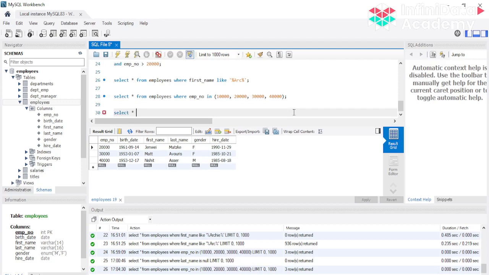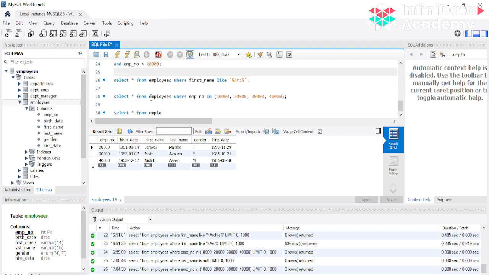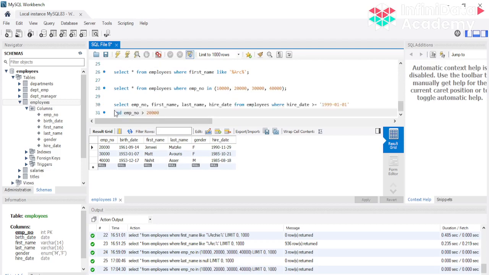So or में क्या होता है, just like its name, so हमने ऊपर we took a condition of this and, just over here we took an and condition, and उसके ऊपर we use this, so उसमें instead of and we can also use an or condition. और condition में क्या होगा, it is going to see कि कोई एक condition true है कि नहीं. So select all this value from employee, जहाँ पे hire date है, it should either be greater than this date that we have provided, or the employee number is greater than 20,000.